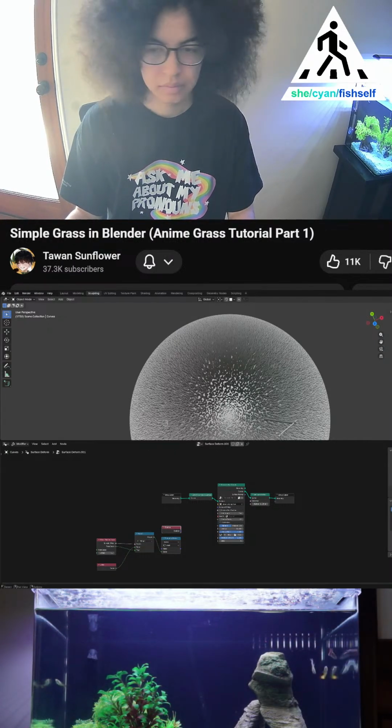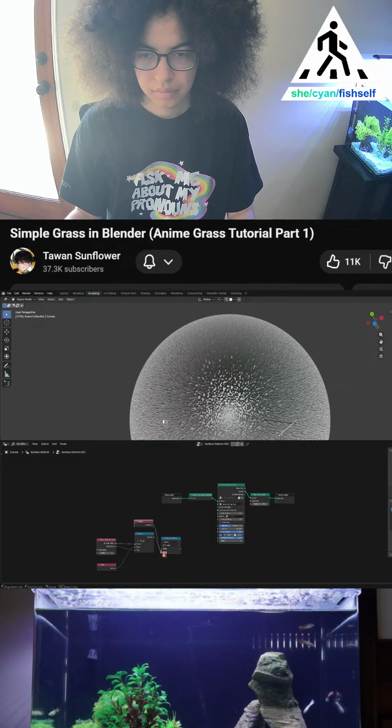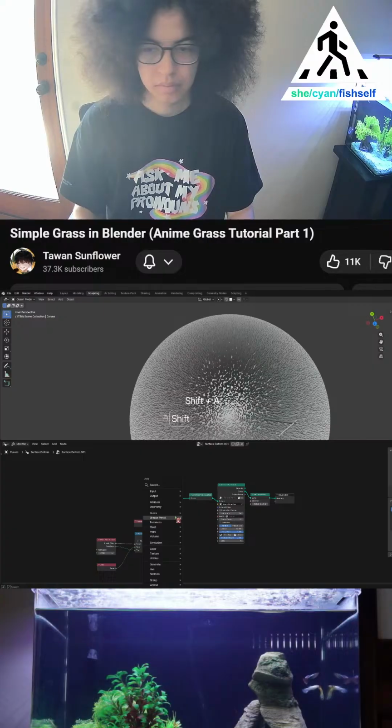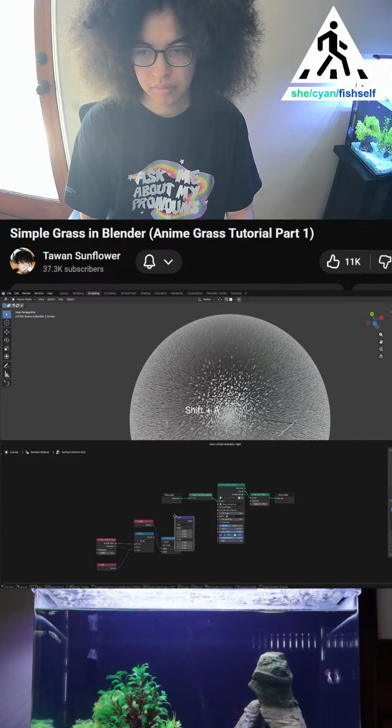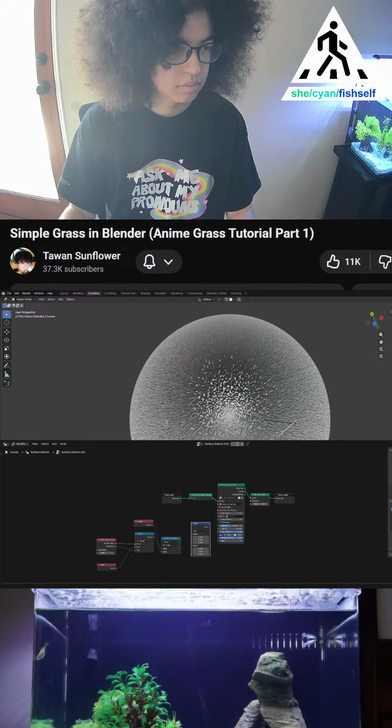Node and plug it like this to get the position of the previous point. And then add a vector math node set to subtract and plug the current position and the previous point position like this. Now we have the arrow that we can use to do the